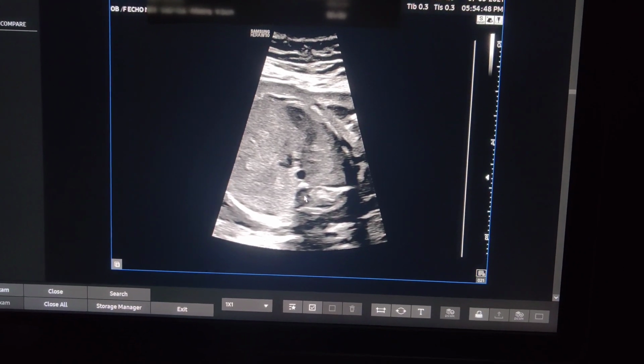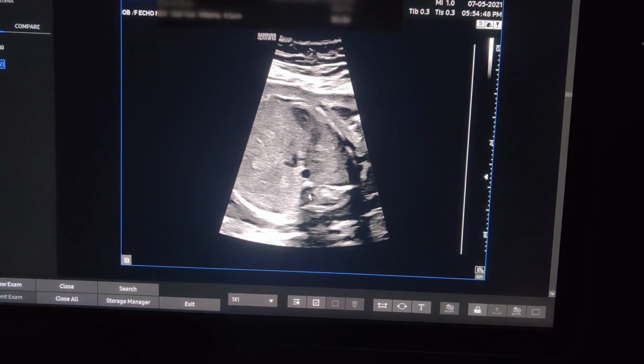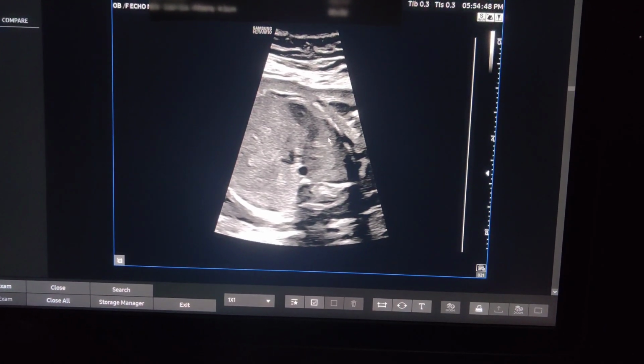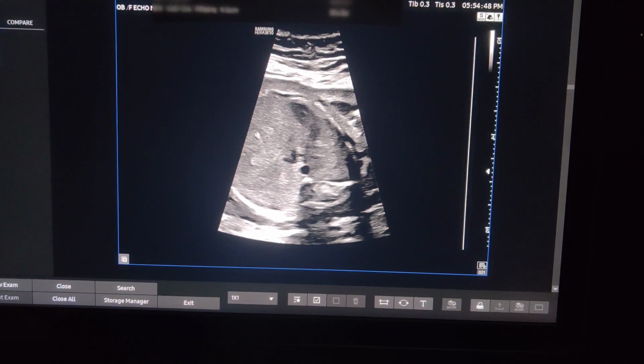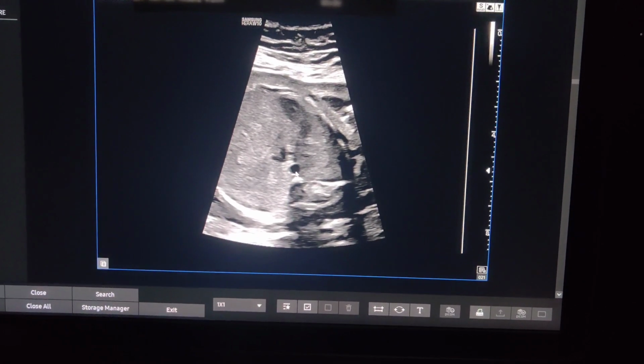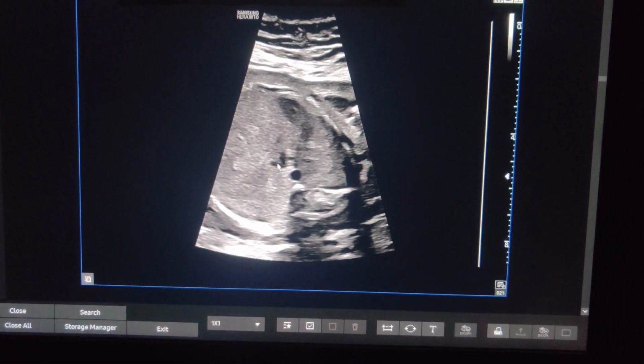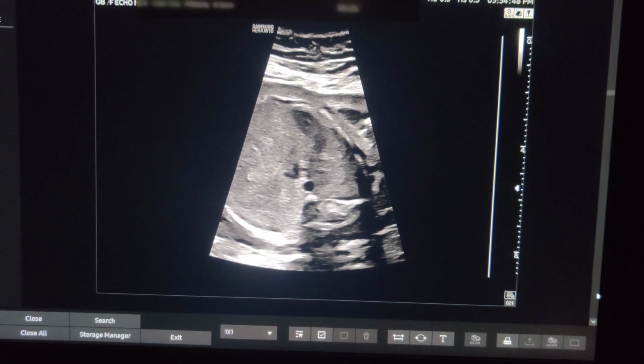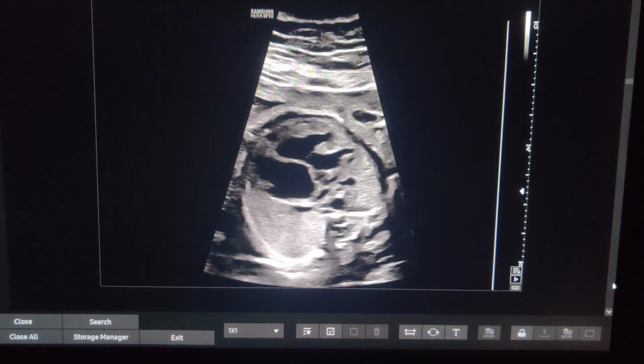So as you all know, the first picture of the fetal echo will always be the upper abdomen. This is the left side of the fetus, that's the right side of the fetus. The liver is on the right side. That's the aorta on the left side, and that's the IVC on the right side and anterior. So abdominal situs and aorta IVC relationship looked normal.